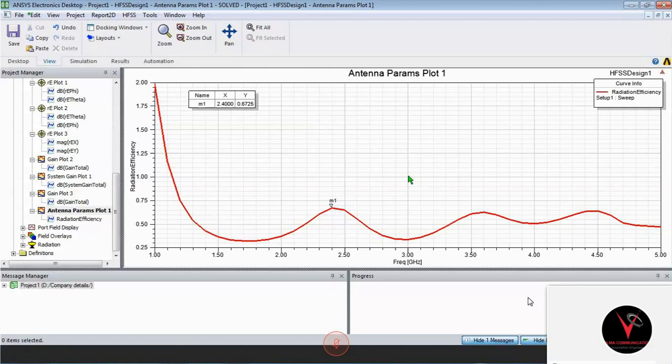Sir, I designed a Jaguar antenna, so I'm getting more than 90% radiation efficiency. More than 90%, but that antenna has a unidirectional pattern. A unidirectional pattern antenna means you can go up to 98%. In a bidirectional antenna you only have 60 to 92, but in a unidirectional it is 60 to 98. Okay, sir, because you're placing a larger number of directors, so that we're getting a high efficiency.